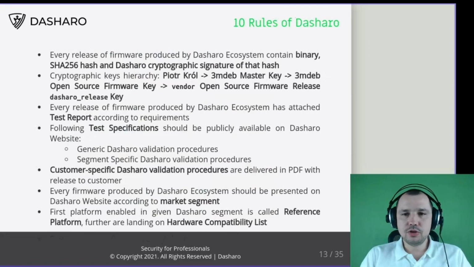There are 10 rules of Dasharo. Those are at an early stage, but I believe those are key characteristics of Dasharo. First of all, every Dasharo firmware which was produced as a result of the Dasharo ecosystem pipeline has a binary release